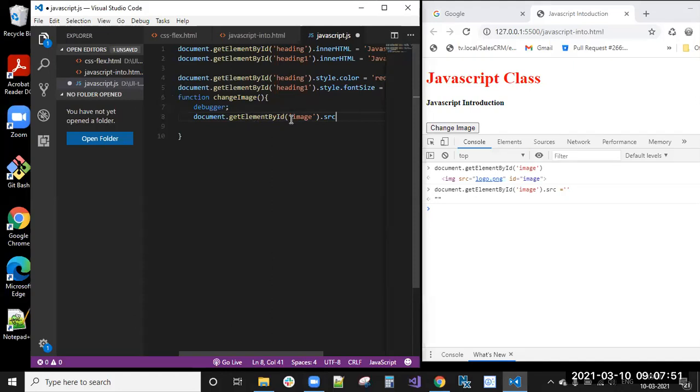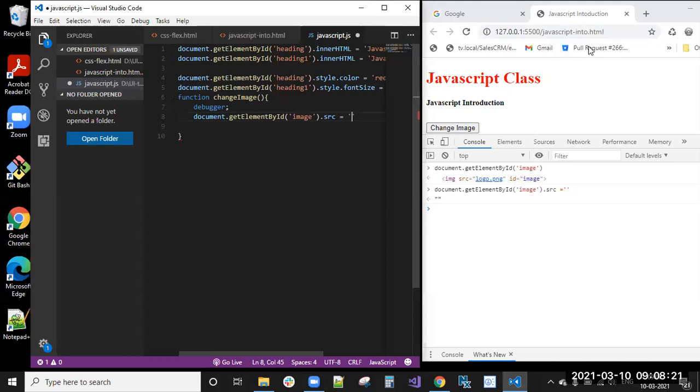document.getElementById image.src equal to this, we can replace with another image. Friends, this is a bigger image, I think. Okay, this is the introduction one, we will take. Okay, .jpg. I have refreshed that.